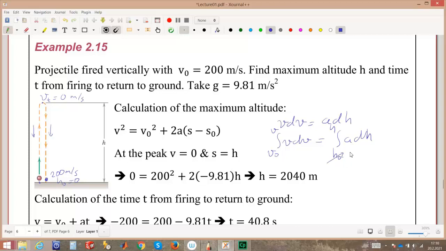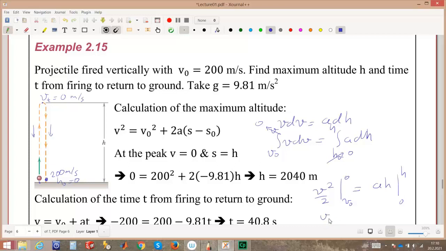We say h0 is 0, and then the top velocity is also equal to 0, and if we rewrite this equation, then it would be v squared over 2 from v0 to 0, that is equal to a h from 0 to h, or we could have said s actually, but at the end this is going to be only a h, and we're going to have